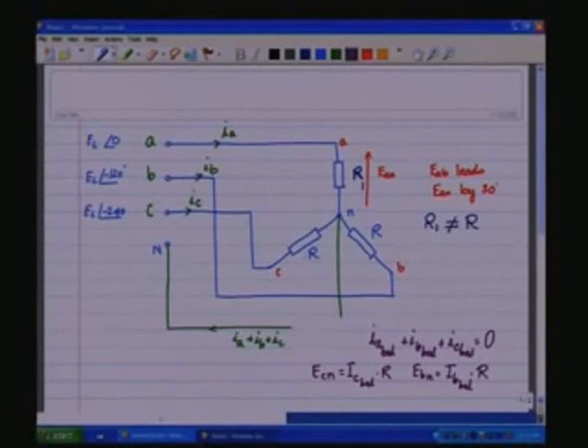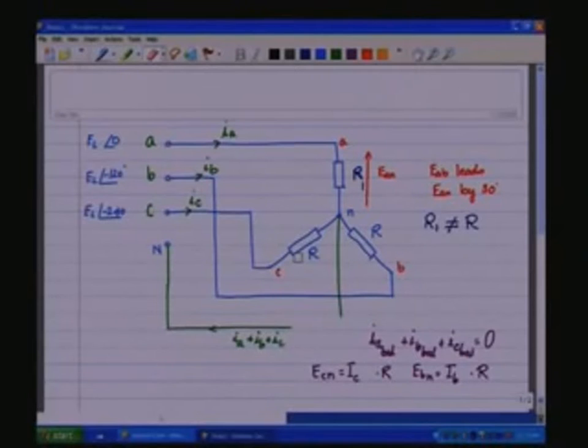So, there will be a part of IA which is also going to flow into IB and IC, and they get modified, and it is no longer balanced, it is just an IC which is now containing within it even a portion of IA. Now, this means that IC into R is different from what was the voltage across it under balance condition, and so also IB into R. This means that the voltage across the C phase and the B phase will get modified.